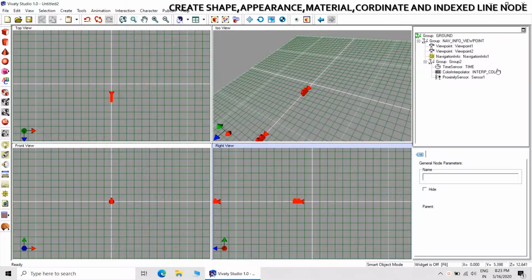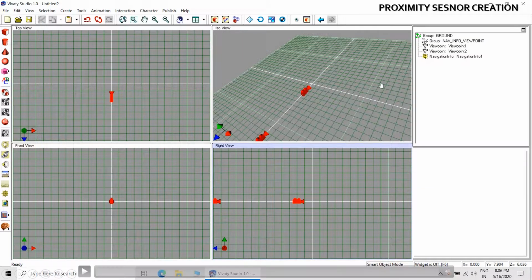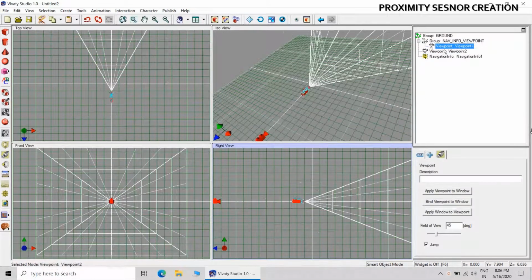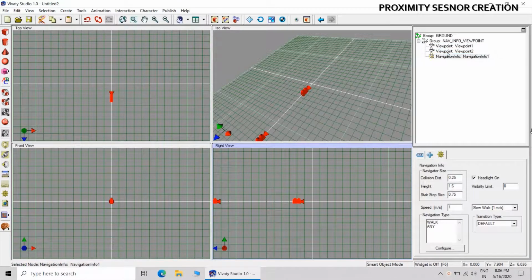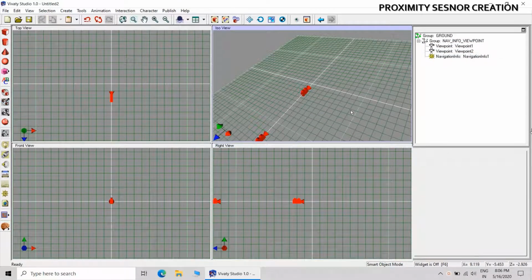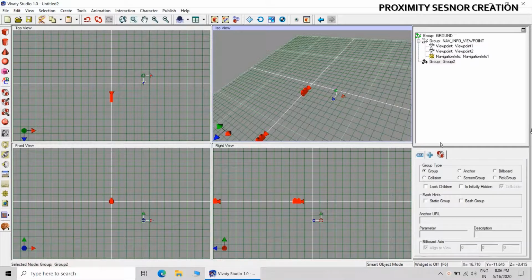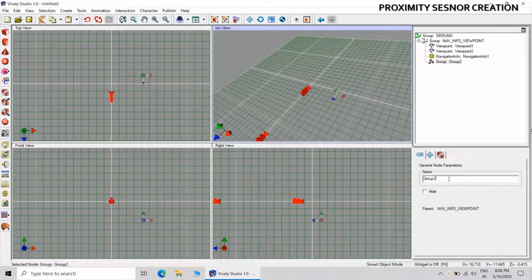Now in this particular step we will be creating the proximity sensor. We have created the viewpoints; bring those viewpoints and navigation info into the group that we have created. Now create another group and give an appropriate name to this group.